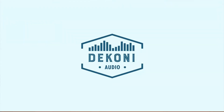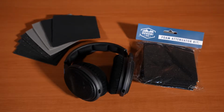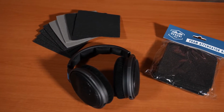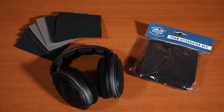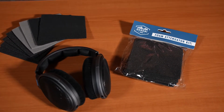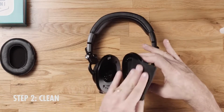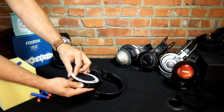Finding the perfect sound for your headphones can seem like a daunting and expensive task. However, here at Dekoni Audio, we strive to make your experience finding the perfect sound simple and easy. Modding can be a very fun and rewarding experience, especially for those looking to create the perfect sound and comfortability